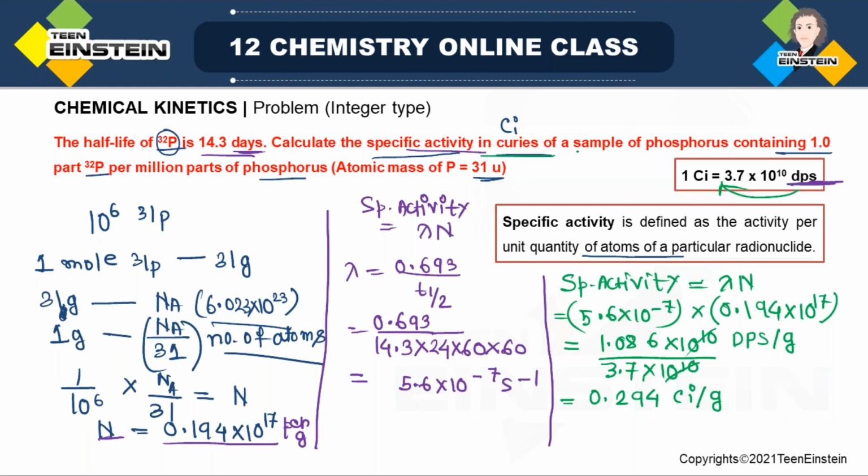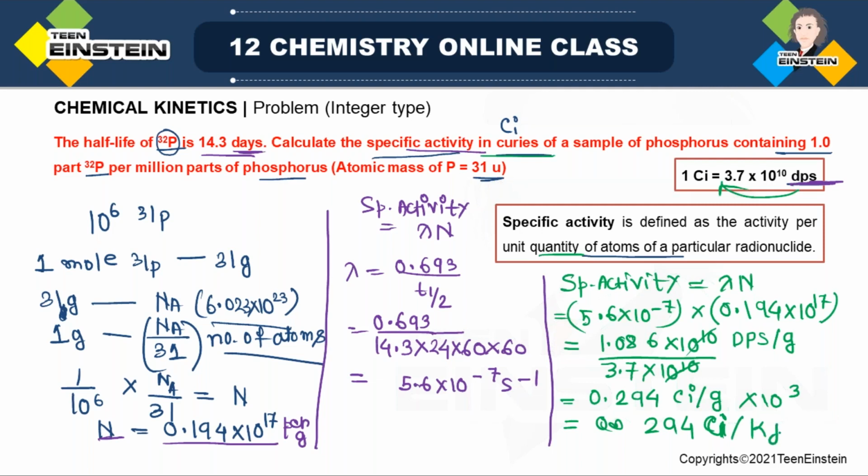Now the final answer we have in gram, but it is not mentioned specifically whether this quantity is per gram or per kilogram, but I will show you both. So 0.294 curie, that is per gram, that is for 1 gram. When it is 1 kg, that means 1000 gram, obviously the value will be high, and from gram to kg it is 10 to the power 3 times high. So if we want to convert it to kg, we have to multiply it with 10 to the power 3, and ultimately it will be 294 curie